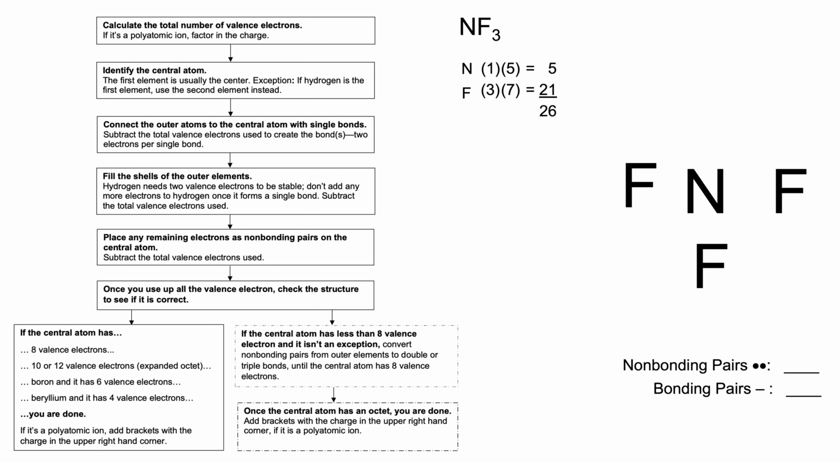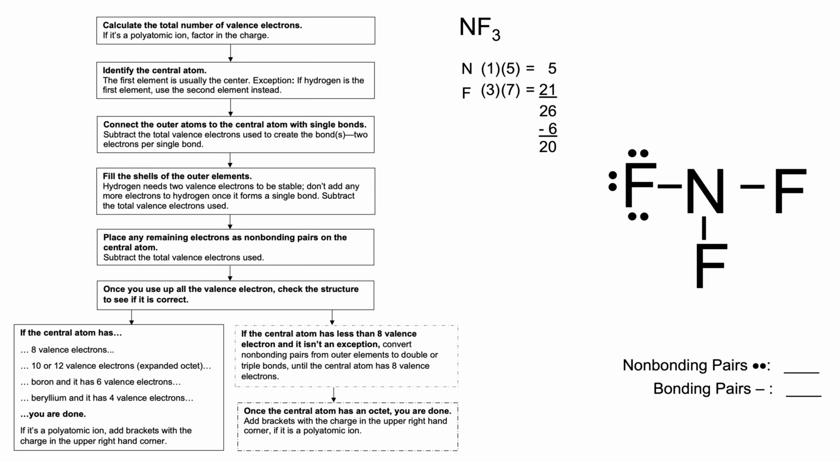I place the 3 fluorines around it. I connect each fluorine to the nitrogen with a single covalent bond. That uses up 6 valence electrons total, so now I have 20 left over. Now I'm going to start to fill the shells of the outer elements by placing 3 non-bonding pairs on each